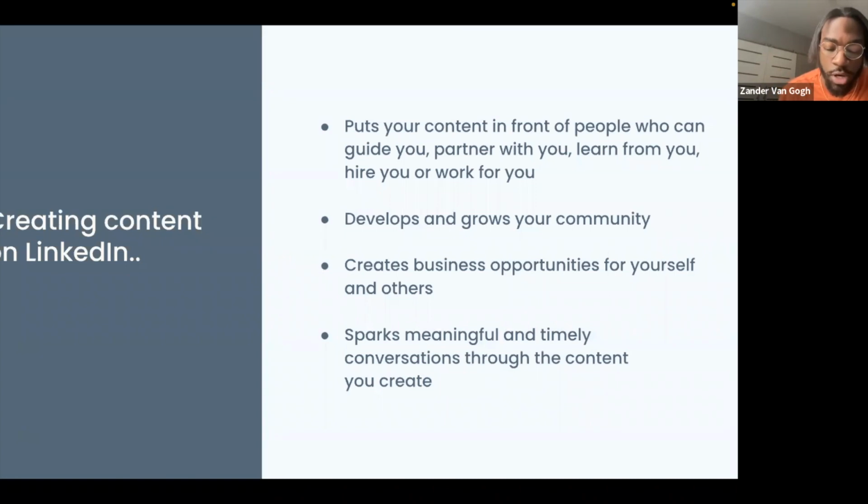So, one thing that I grew up on that my grandmother always told me, and I'm sure many of you have heard this before, is that you're a product of the 7 people closest to you. And I think the cool thing about the audience on LinkedIn is that these are all individuals that you can aspire to be, people that you want to partner with, or more importantly, at the end of it all, individuals that can help you open your eyes to new perspectives to allow you to grow outwardly, or even think in a sense of there's no box. So as you're thinking about creating content on LinkedIn, also it creates business opportunities for yourself. It creates those opportunities for others. And the biggest thing is that it's sparking meaningful and timely conversations through the content that you all create.